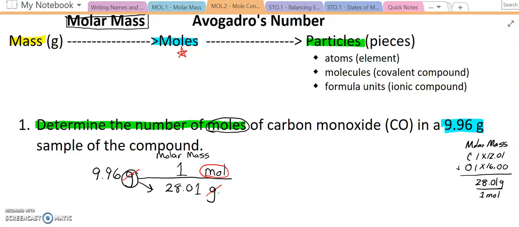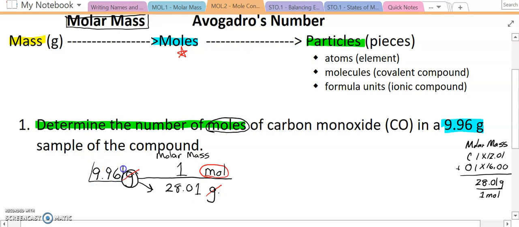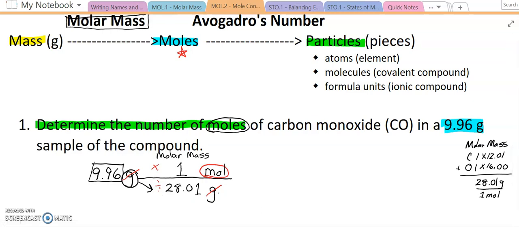Now, this might look a little bit intimidating. These problems look a little weird, but I am always going to start with this 9.96 in my calculator. And if I start with 9.96, I'm always going to multiply by anything on the top, and I'm going to divide by anything on the bottom. So in my calculator, I am going to take 9.96 times 1. I'm going to hit divided by 28.01,